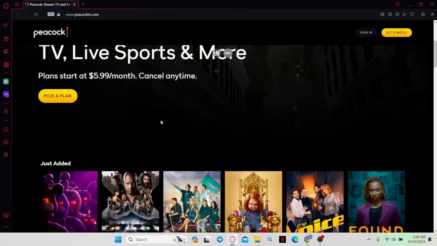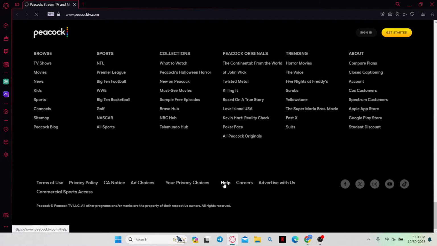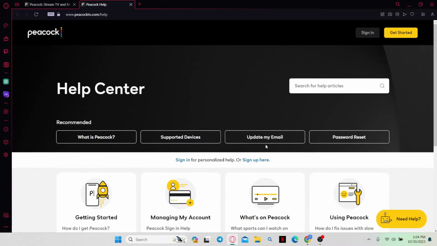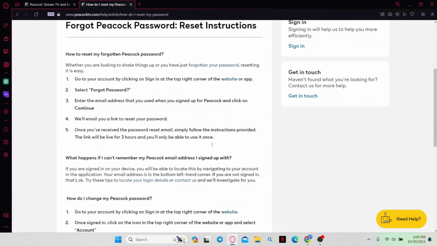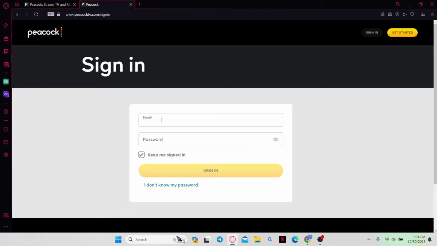Now from the home page, scroll all the way down to the bottom of the page and click on the help button. Now this will open up the help page where you will find the password reset option at the very top section. Simply go ahead and click on it, and then you can scroll down and click on the sign in button. Now once you are in the sign in page, simply click on I don't know my password,